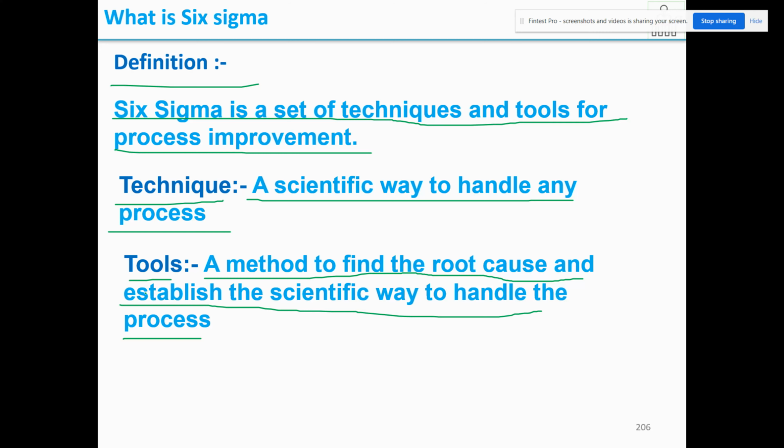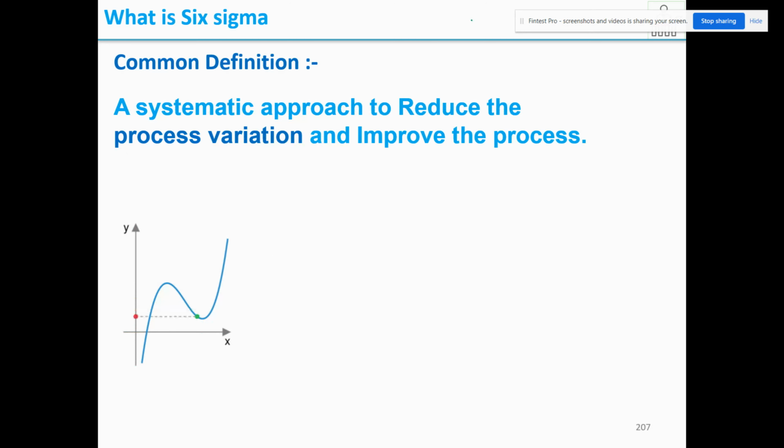So, what is a technique? A technique is a scientific way you can tell this is a problem and this is a root cause. Statistically, you're going to tell, not by experience. And tools are methods to find out the root cause and establish a scientific way to handle it and to solve the problem. Okay. Now, the common definition: